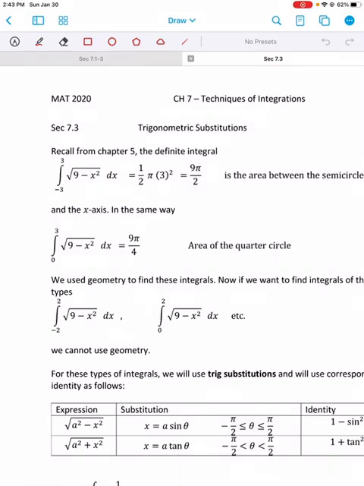Section 7.3 Trigonometric Substitutions. In the book they have used three types of trigonometric substitutions. We will discuss only two types here. Now recall from chapter 5 that the definite integral, something like this, we evaluated by using geometry